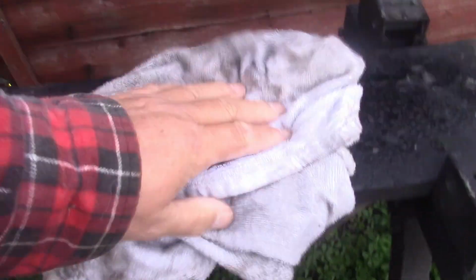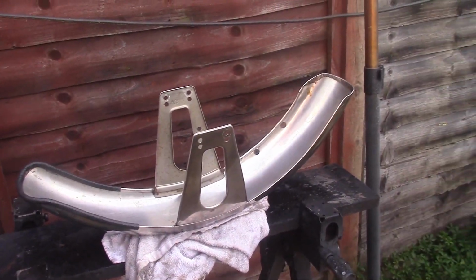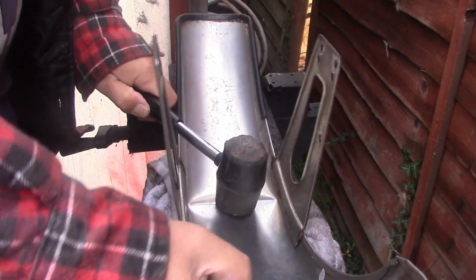So I could put it on like that, but I'm tempted to attempt to try and remove that. So let me get a nice piece of dirty old rag, pop it on there. Like so. You can see where this is going, don't you? Right, let me grab a rubber hammer and we'll see if we can beat that out a little bit. Right, let's give this a go. I'm just using a rubber hammer. I haven't got all the proper dollies or anything like that, so we'll just...